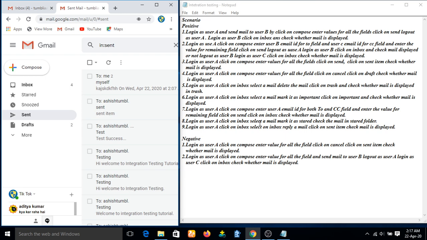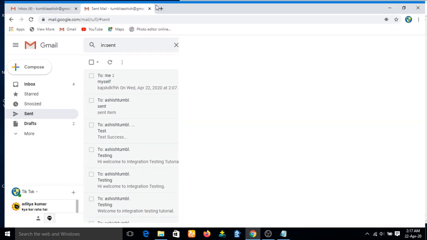If you are sending a mail to some person, but that mail is already, without even noticing you, sent to some other person, okay? So you have to test that too.